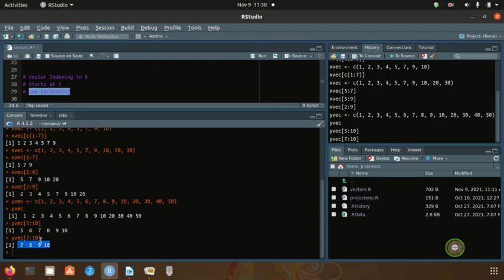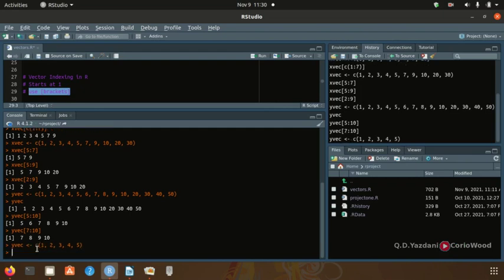You can combine your vector too, but you need to put an equal number of elements here. So if you put it from 1 to 5, for example, it's a lot easier. And if you put names, which is an inbuilt function in R, as we have already explained, so if you put names of y vec,